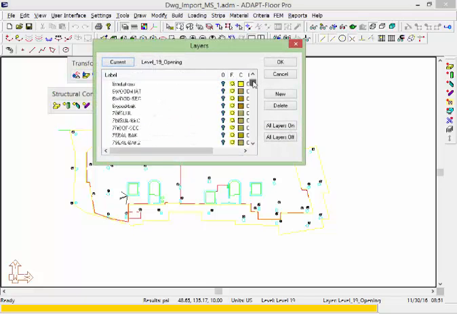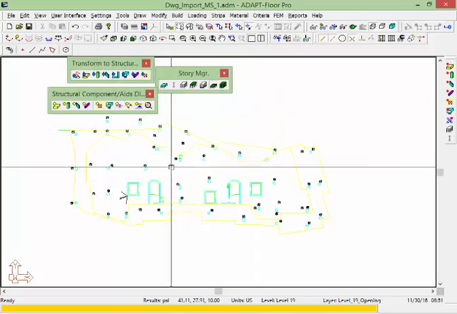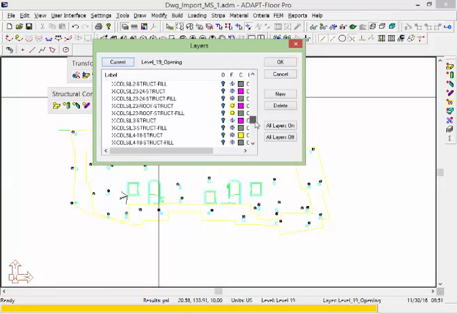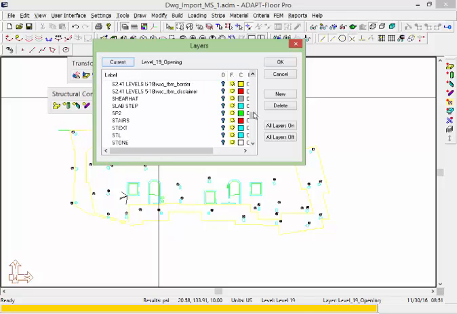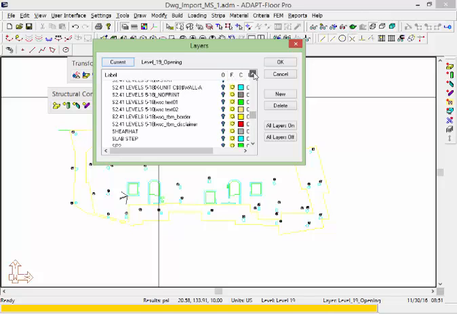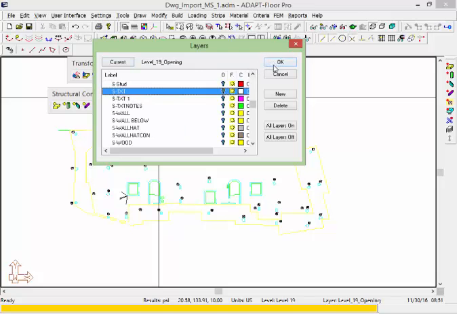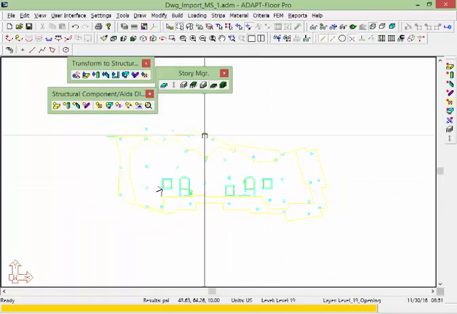So we had adapt walls and also the text. There's a lot of layers here I have to manage, so we'll say OK,